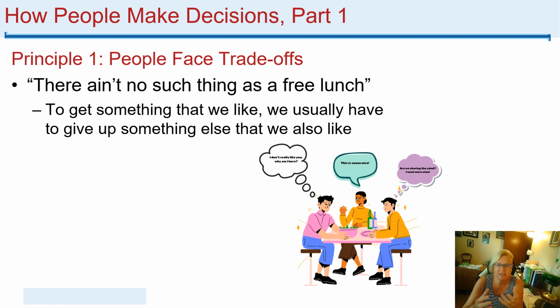So when we think about these things, it's like a blind date scenario. You go on a blind date and you're not sure what to expect, but you think, okay, I'll get a free meal, I'll get to go out, dress up, those kinds of things. And then it doesn't turn out very well, and maybe one of your friends fakes a phone call to you or something like that, because all of a sudden the value that you placed on the meal was less than the value of the time that you wanted to spend doing something else. So recognizing trade-offs becomes really important when we're dealing with the idea of scarcity, time, for instance, or money.